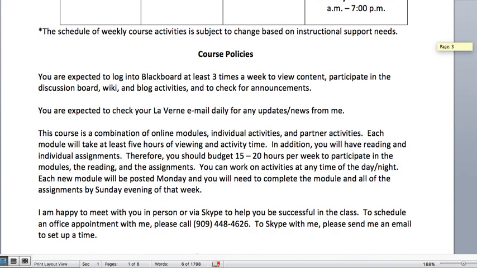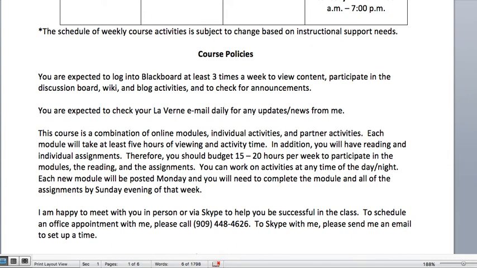And let's talk a little bit about the course policies. With this being such a short class, you need to be logging on to Blackboard at least 3 times a week, if not more. You also need to be checking your Laverne email on a regular basis.